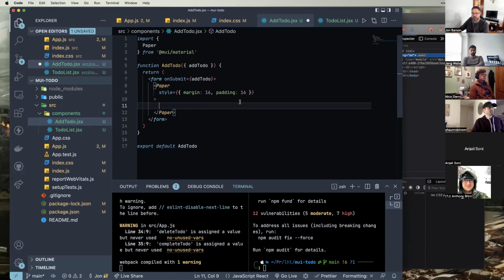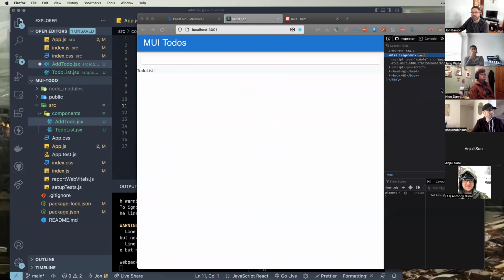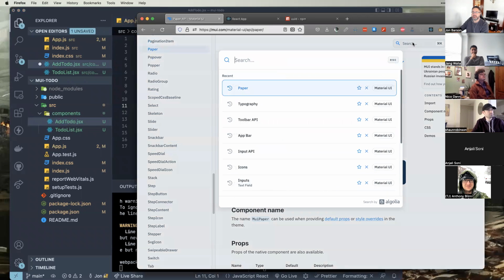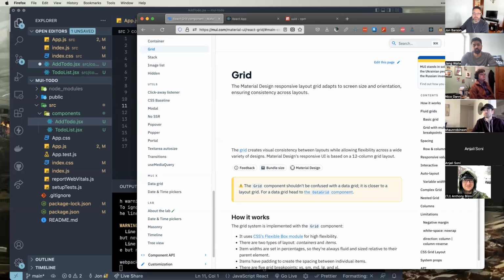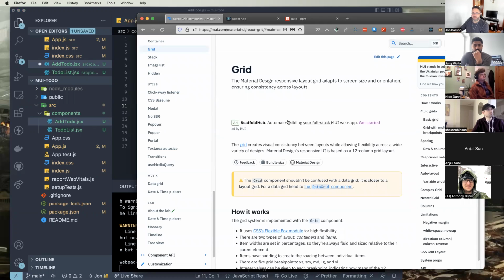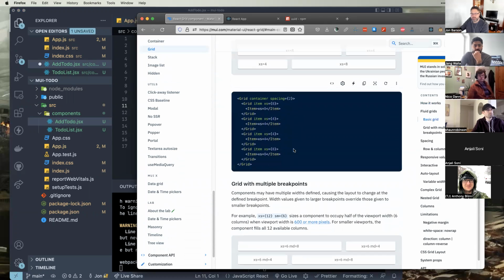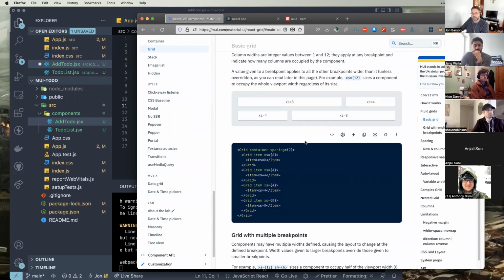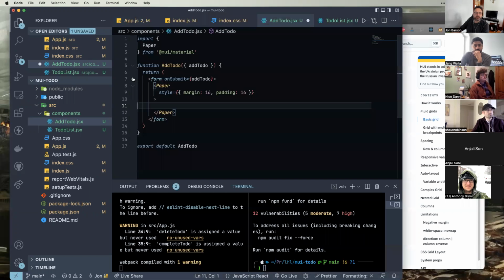All right, so inside the paper, we need to have, all right, so let's go and have a look at grid. Responsive layout grid adapts to screen size and orientation, displaying consistency across layouts. Yep, this is what we're going to want. So notice here, in this example, they've got a grid with a container. They also have spacing here, and then they have grid items. So let's copy,